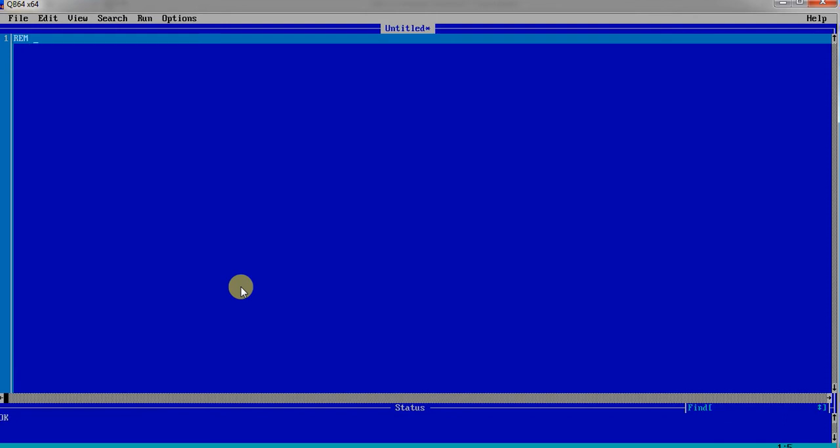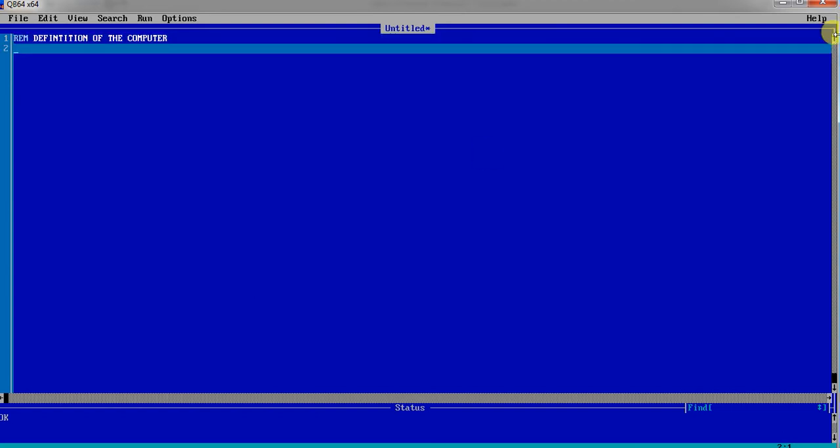So in remarks I have written here, and then you are going to write the code of the program. So I have written the definition of computer. I have to define the definition of the computer. Okay, so this REM is not executable. It is only a title of the code that you have mentioned in this workspace in this program.